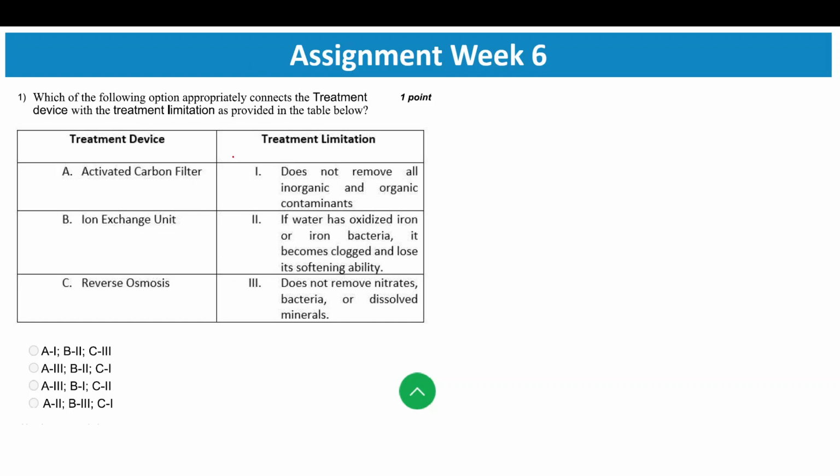So activated carbon is based on surface adsorption. So it will not be able to absorb bacteria and nitrates. So for activated carbon, three is the correct answer. Now ion exchange: if you look into the options, if the water has oxidized iron or iron